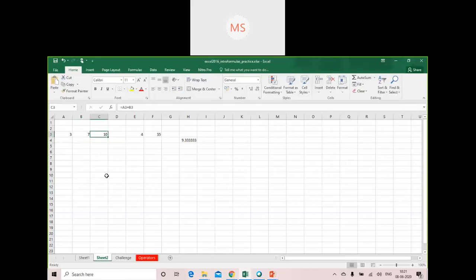So this is how cell references are useful and very advantageous in creating formulas. Like you can see, earlier when I changed the values of A, it didn't have any impact on the result. But now when I use a cell reference, the moment I change the value in a particular cell, it also changes the value in the result cell. So this is how it makes a difference, by creating cell references while creating a formula.